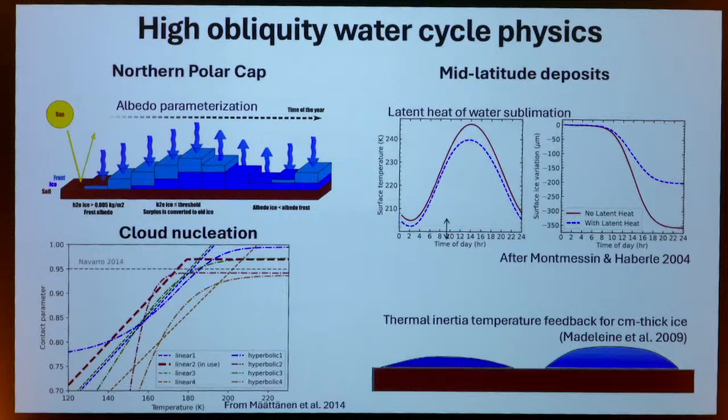And so, as François was mentioning, the water cycle is also very different at high obliquity, not only in the clouds, but also because the water frost, for example, is very thick, so you have a thermal inertia feedback that was already implemented in the model back in 2009. We didn't have any latent heat of sublimation for the groundwater, so just like for radiatively active clouds in the present day climate, it's really negligible, but at high obliquity, when you have a strong insolation on the cap, it